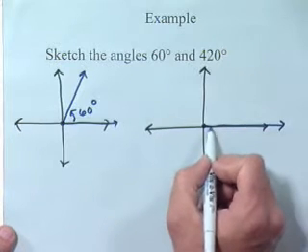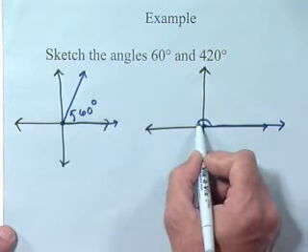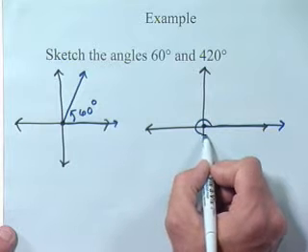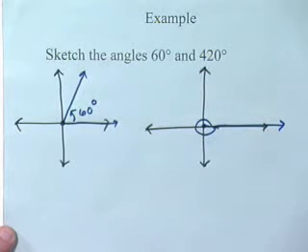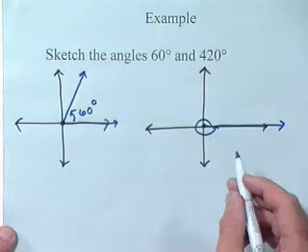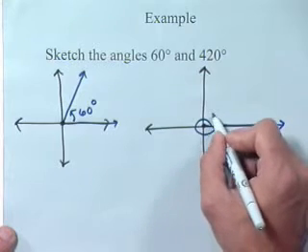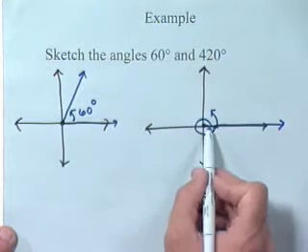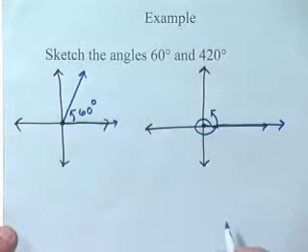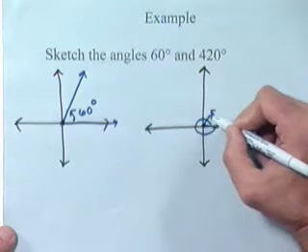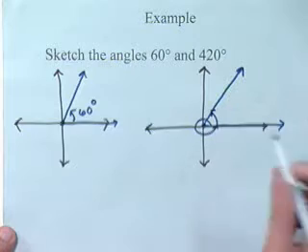So let's start my rotation. There's 90, there's 180, 270, there's 360 degrees, and I need to go another 60 degrees. So there's a rotation of 420 degrees, and when I complete my angle with my terminal side,